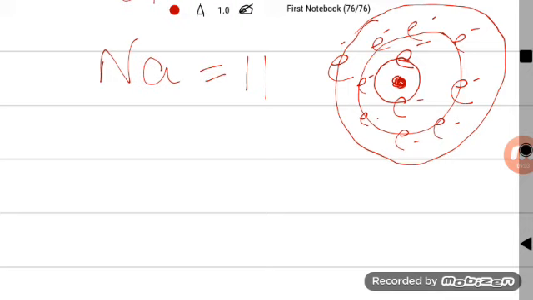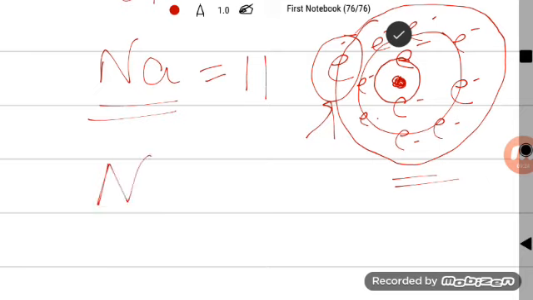So here I have drawn a single electron. Now you see sodium is a metal, and I told you that for metals you just see how many valence electrons are there. Valence is the number of electrons in the outermost shell. So in this case, this third shell is the outermost shell. How many electrons is it having? Only this single electron. So therefore the valency for sodium will be 1. Okay, let us take some more examples.